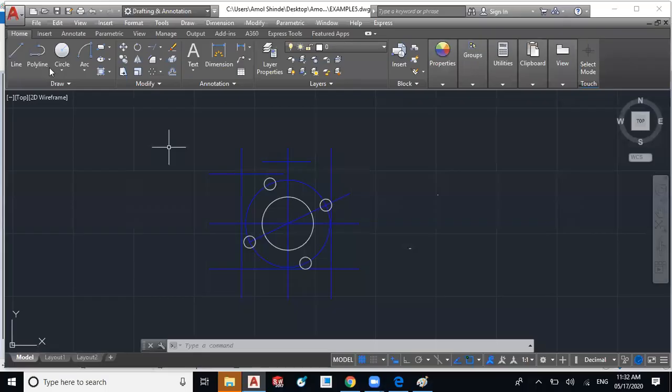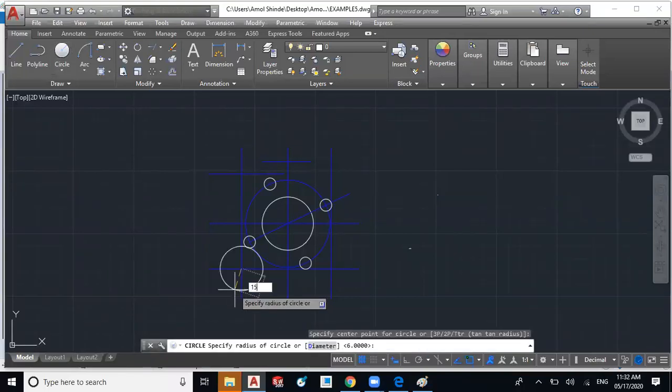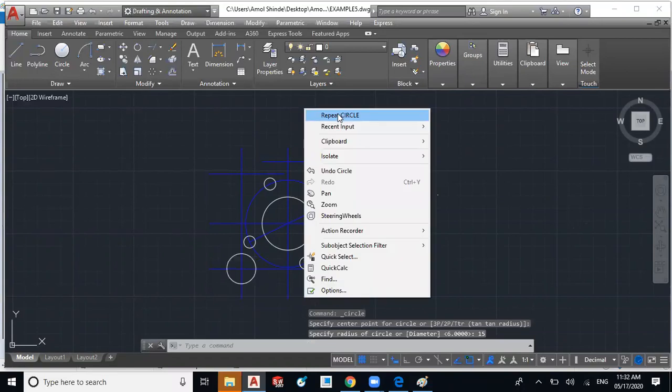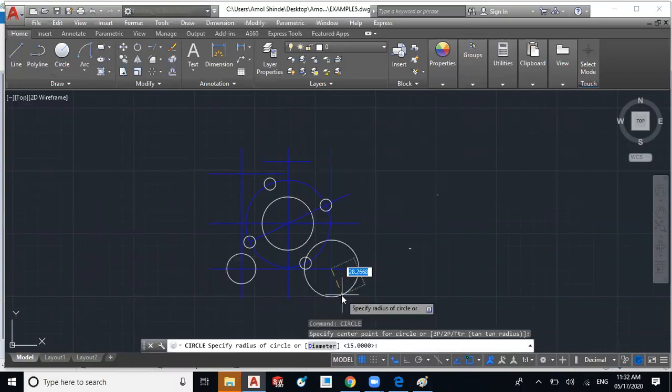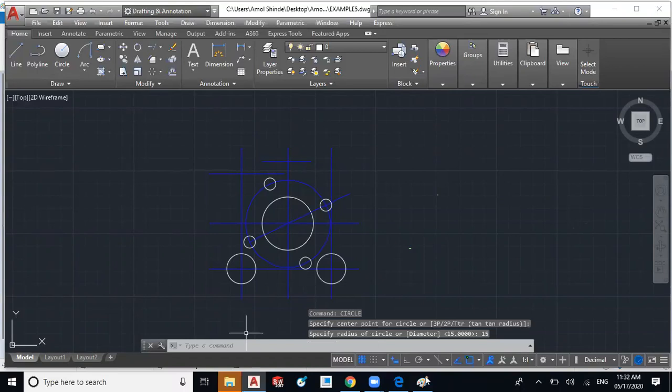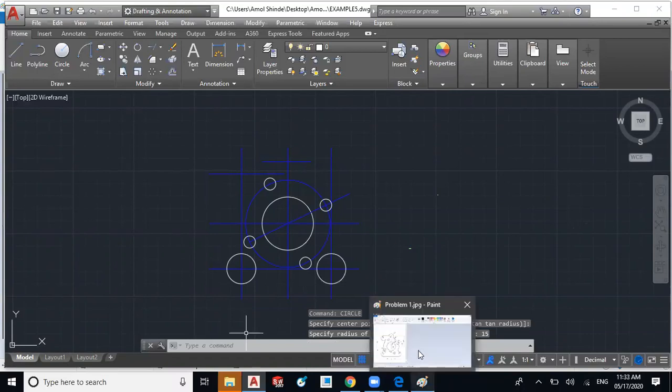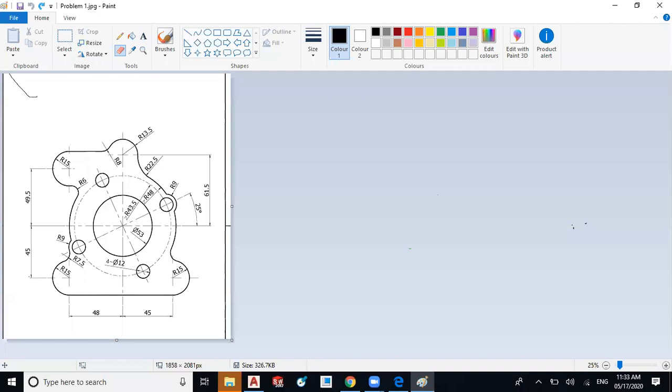I'll select the zero layer, and there are the circles of 15 radius. Again repeat, right click, repeat, and you can draw the 15 circle at this corner. Okay, we have created these two circles.